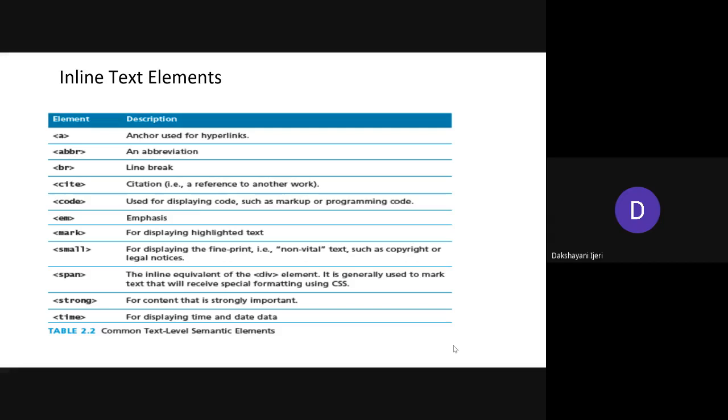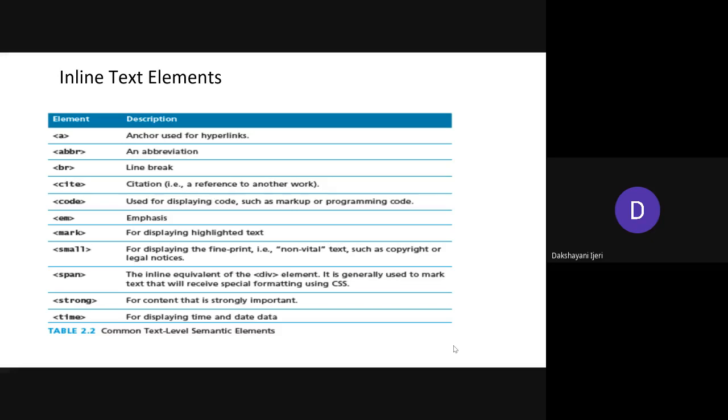Because at the end of the subject you might end up with so many elements, right? In that case, it is quite difficult if you forget a few elements and for what purpose they are used. Once it is asked in the examination, it may be difficult for you to recall which element is used for which purpose. So for that, make a habit of practicing the things.